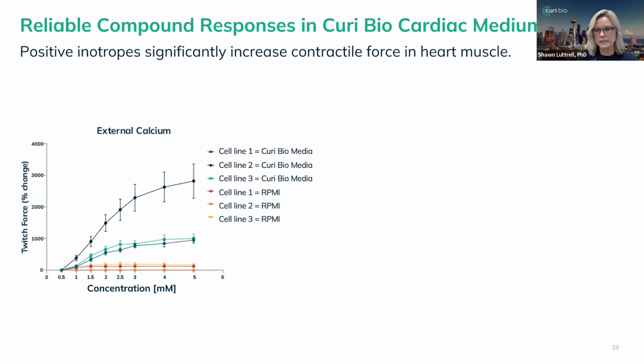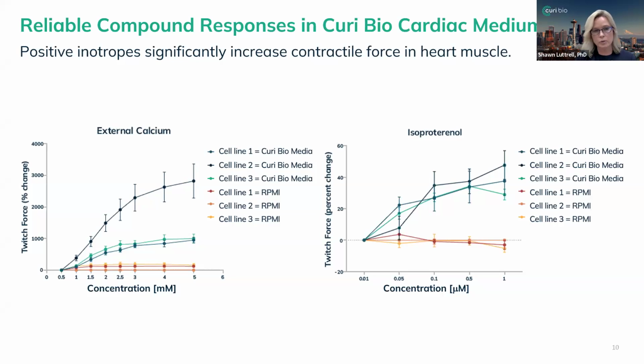Twitch force, as you can see, increases with the increase of external calcium across all of the cell lines in our media. And it's quite dramatic, but it's fairly unresponsive in RPMI. And this may indicate impaired or reduced ion channels in these tissues. Next, we tested